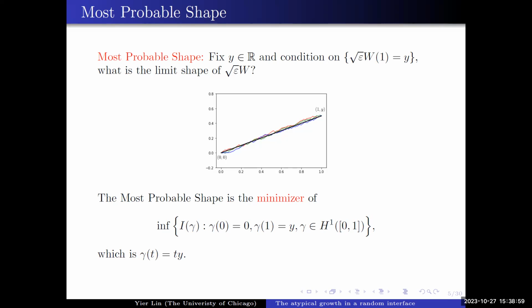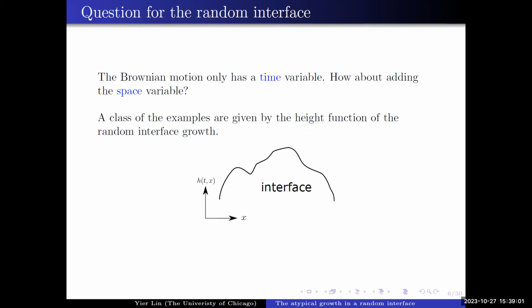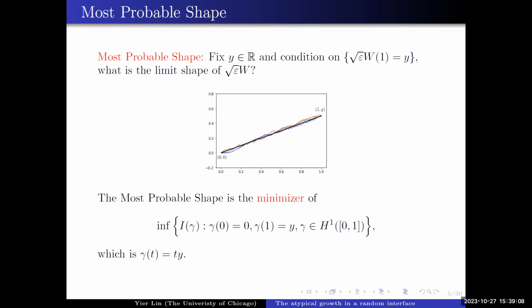Excuse me, so you use your large deviation principle, that result holds true under the conditions? Yes, yes. Okay. So in the conditional setting, when you look at the rate function, this limit shape is a minimizer of the rate function when you impose this condition. These explanations are equivalent to each other.